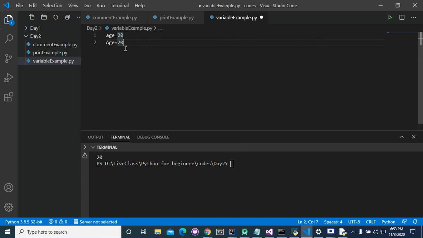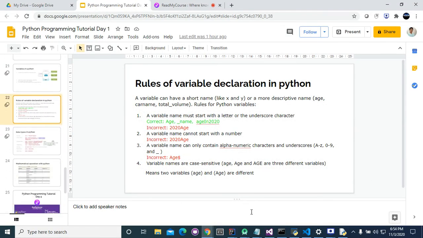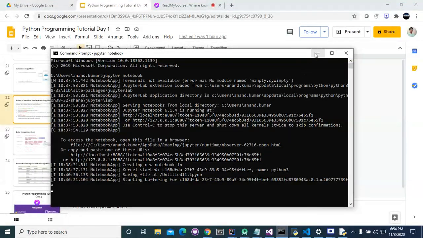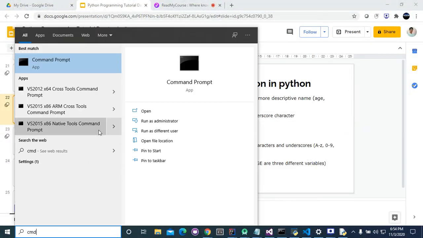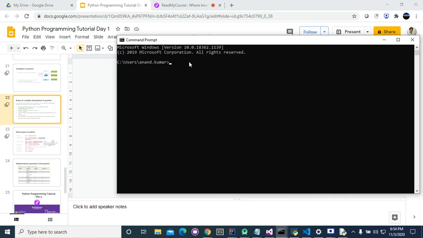Python variables are case sensitive. That's why the meaning of age is equal to 20 and Age equal to 20 is different. Basically these are two different variables. Is there any doubt here? I'm giving you the example: if we write any code in the command prompt, this is not case sensitive.